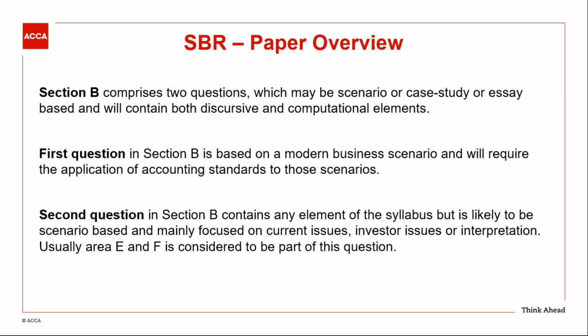And last thing is consolidation. You have already studied consolidation in your previous paper, like F7 Financial Reporting. But in SBR, you will be provided an advanced knowledge, the final group accounts, with multiple subsidiaries, with multiple companies within the group, and how you are going to account for them. Along with this, you need to account for how a foreign subsidiary can be accounted for within the financial statements,